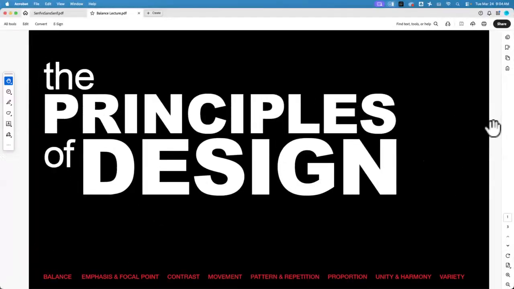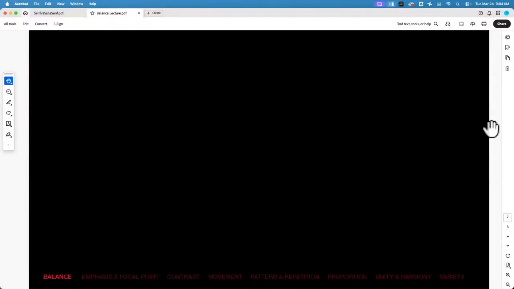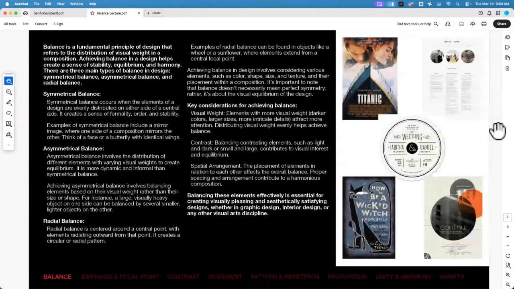As you can see, we changed our background. We're on the principles of design. We're going to talk about balance and what balance has to do, how we create what we need to create, and why we talk about balance. So a big part is how the piece is laid out. So when we're working on a piece,